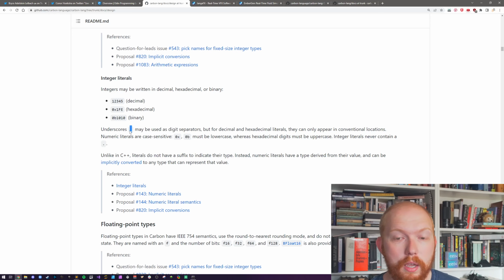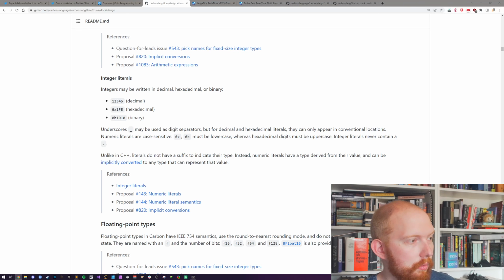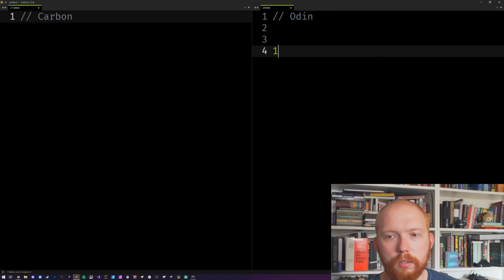Underscores is exactly the same as Odin as their digit separator. So that's wonderful there. It makes it easier to read, obviously. Just to get a little code snippet example out here, let me make this a bit bigger so people can see it. So you can do 1, 2, 3, 4, 5, 6, 7, 8, whatever.